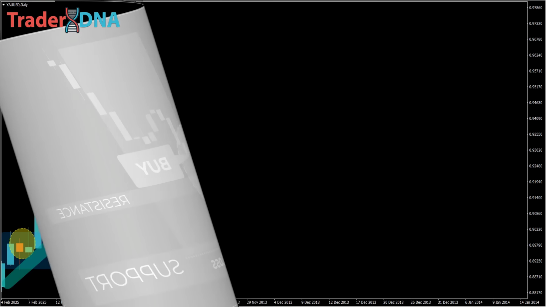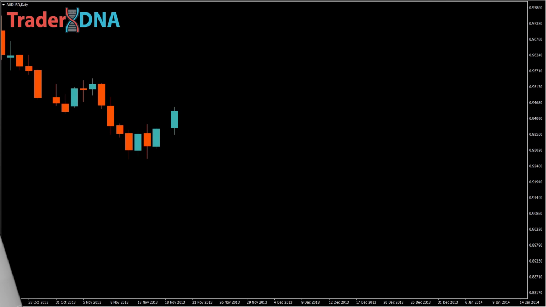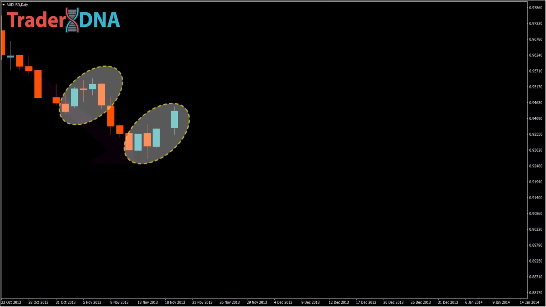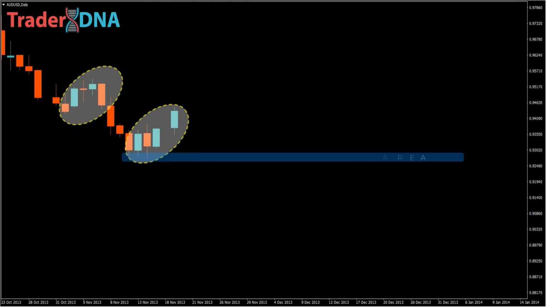Let's keep going. Alright traders, let's break down an incredibly powerful sell signal that you need to master. Right here, we can clearly see that the market is in a strong bearish trend. Then we get a pullback right here and here. But what we really want to focus on is this support area. And check this out. Boom, a breakout bar forms with a large body and a tiny wick breaking straight through